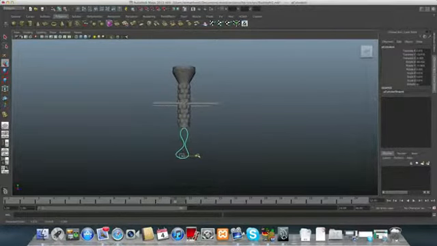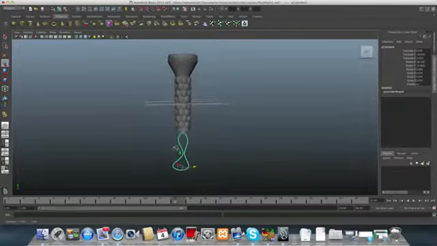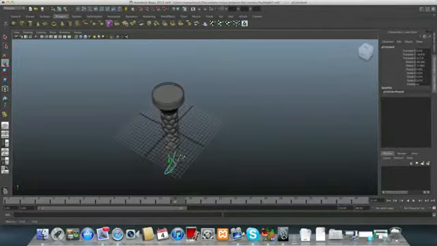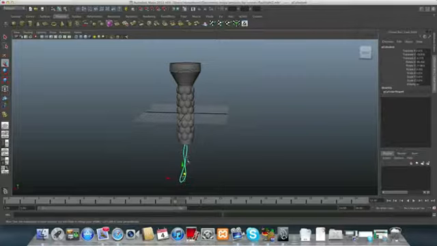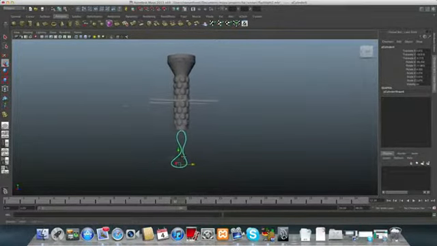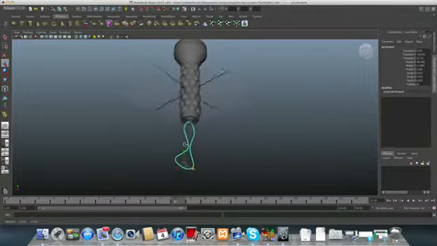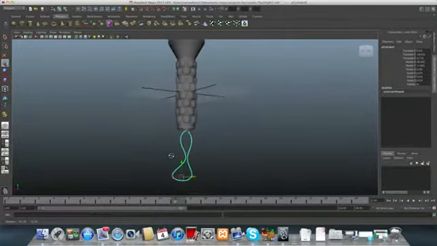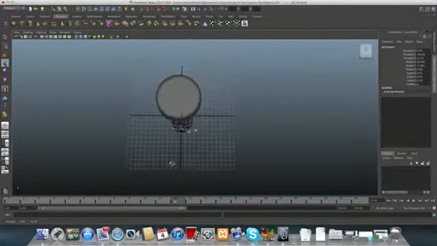So practice it, make sure you are understanding how the curve is acting together with the polygon thing that is attached to it. Okay,